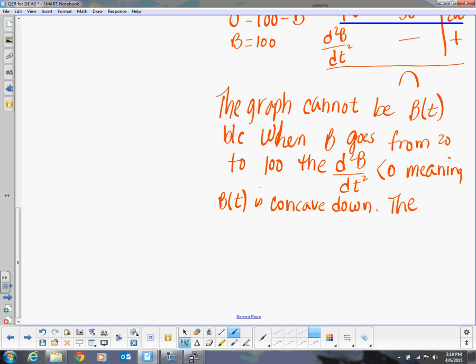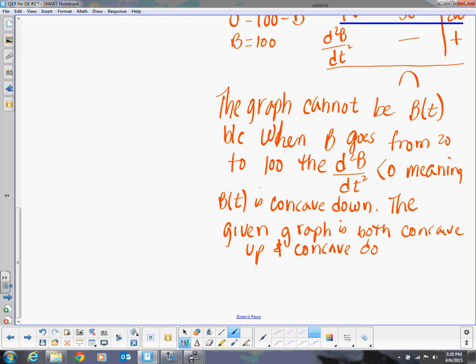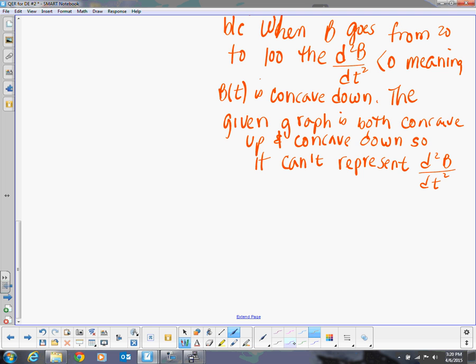The given graph is both concave up and concave down. So it can't represent the second derivative of b with respect to t. All right. So now part C